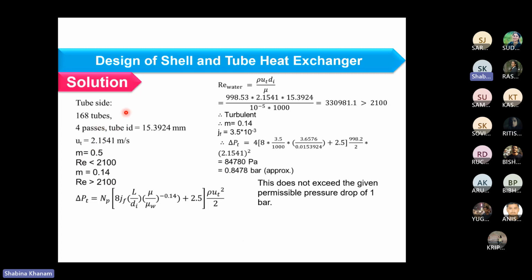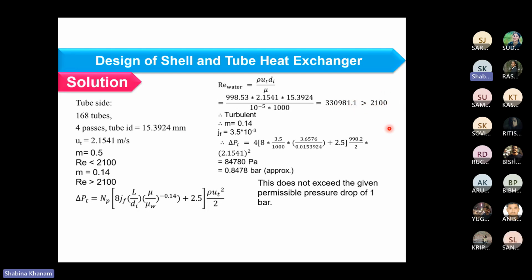Pressure drop for the tube side. For the tube side pressure drop, I'm having 4 passes. The ID of the tube you are already aware of, as you have already calculated. So you need to consider the Reynolds number to find out this jf, and this np would be 4. Reynolds number you need to find based on the velocity, and that is coming as 3.3 times 10 power 5, which is more than